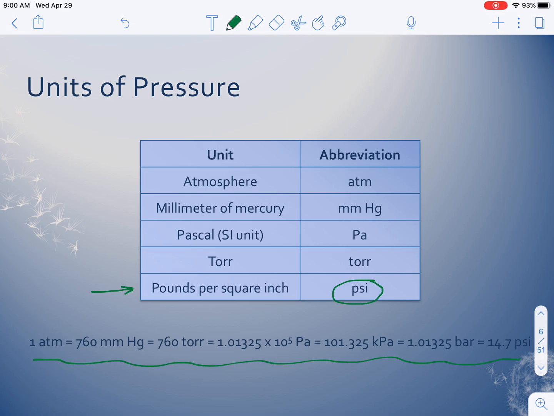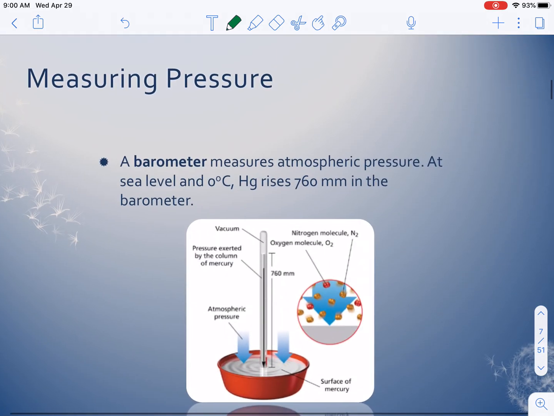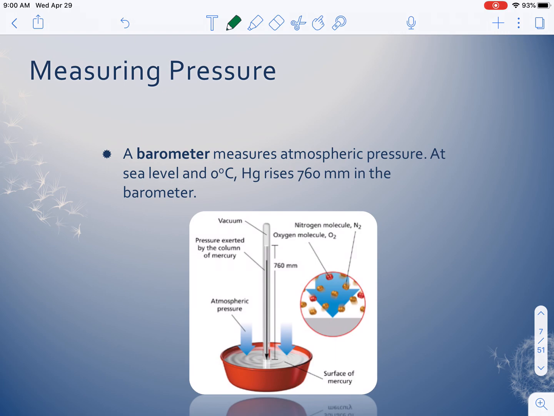So how do we actually measure these types of pressure? Well, one thing that you may have heard of is called a barometer. So people who are predicting weather use a barometer because a barometer allows us to predict atmospheric pressure. So how does it do that? Well, a barometer has some pool of some liquid. It used to be mercury. Sometimes it's an alcohol now, but basically there's this exposed area of mercury, and atmospheric pressure is able to push down on the mercury. And as it does that, it forces mercury up this tube,